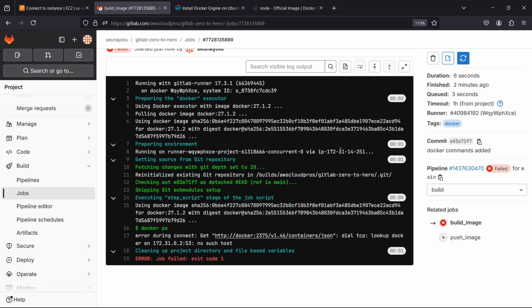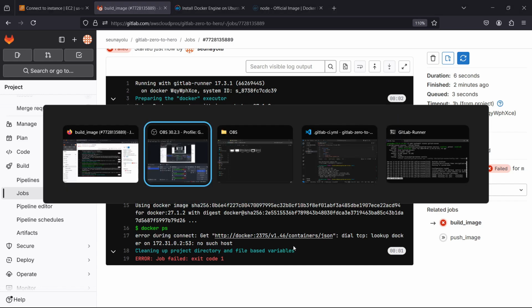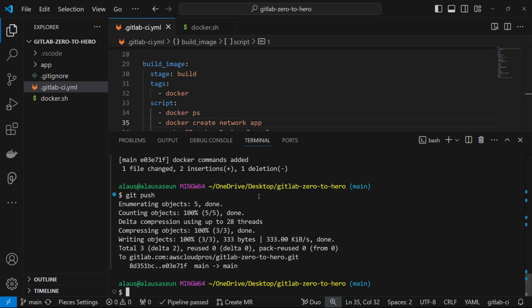Into this video. In the last video, we stopped at this point. We couldn't connect to the Docker daemon on our runner. We got this error. Now, how do you resolve this error? If you look at our pipeline, basically,